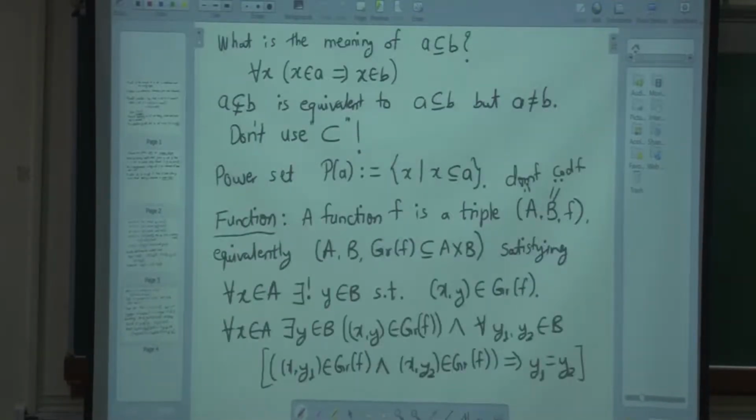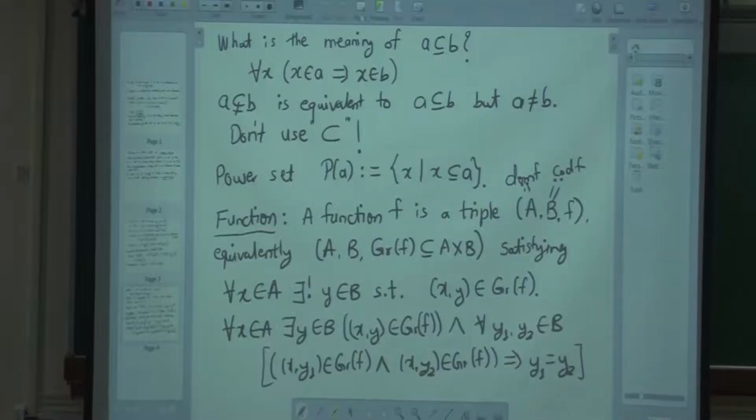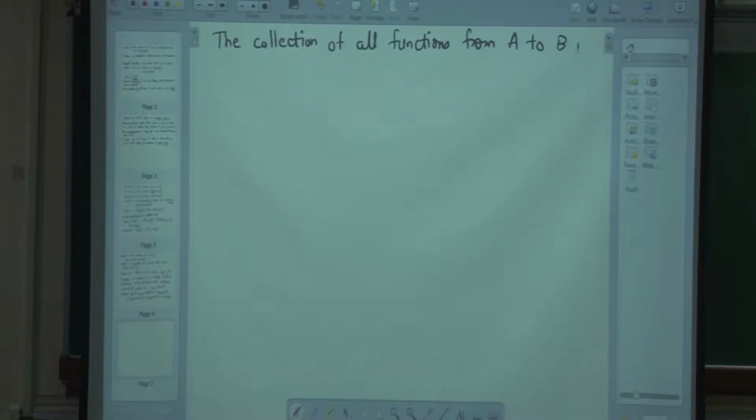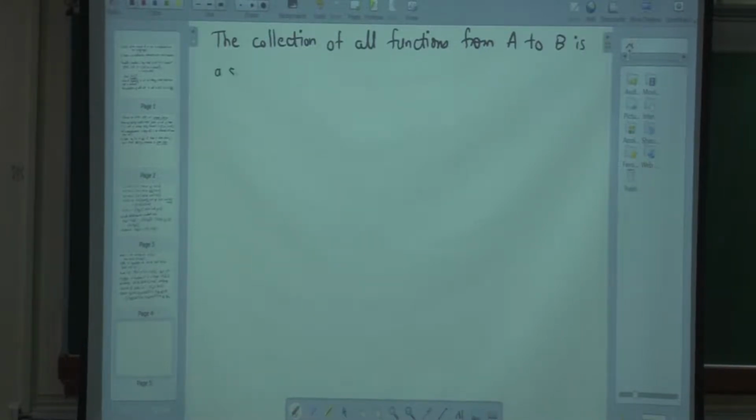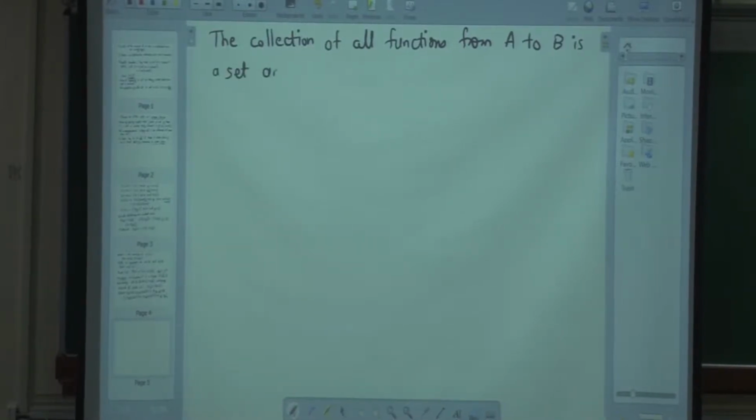Okay, so we have already got that. So let me write it down. The collection of all functions from A to B is a set and is denoted by